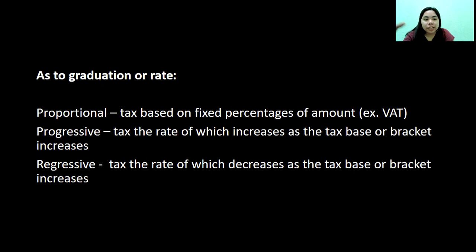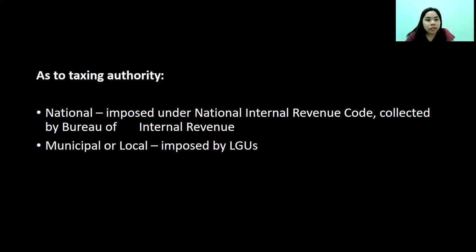Ang regressive is suli sang progressive, no? And it does not apply here in the Philippines. So the rate of which decreases as the tax base or bracket increases. It does not apply here in the Philippines. What we are having here in our tax law is the proportional and the progressive. Okay, then as to taxing authority, the national, those are taxes imposed under the National Internal Revenue Code collected by the Bureau of Internal Revenue. And second is the municipal or local that is imposed by the LGUs. Okay, so that's the